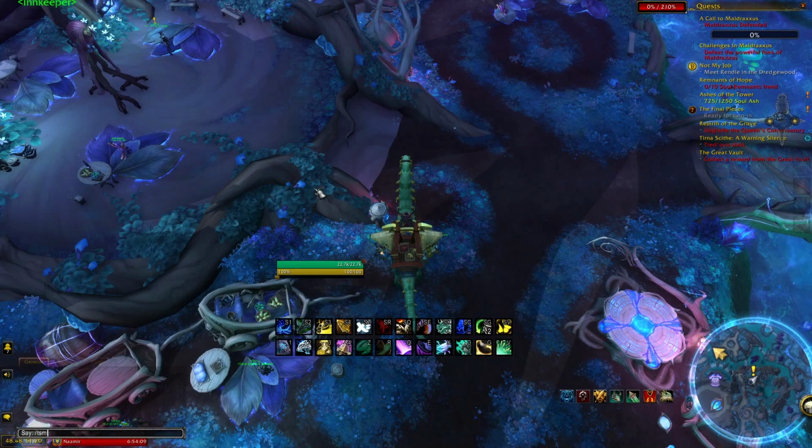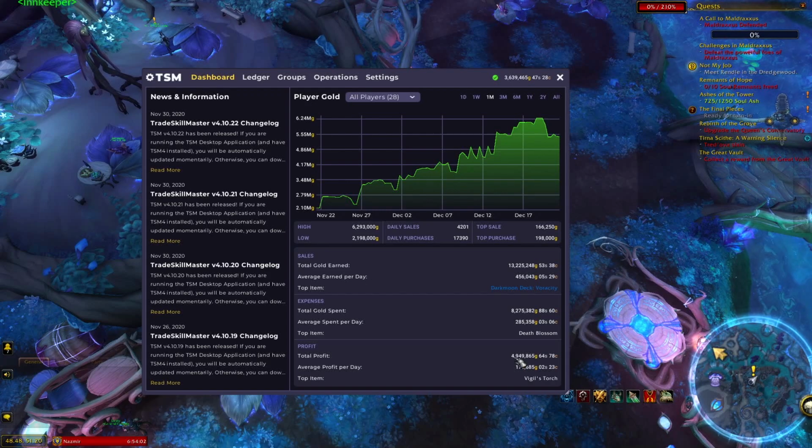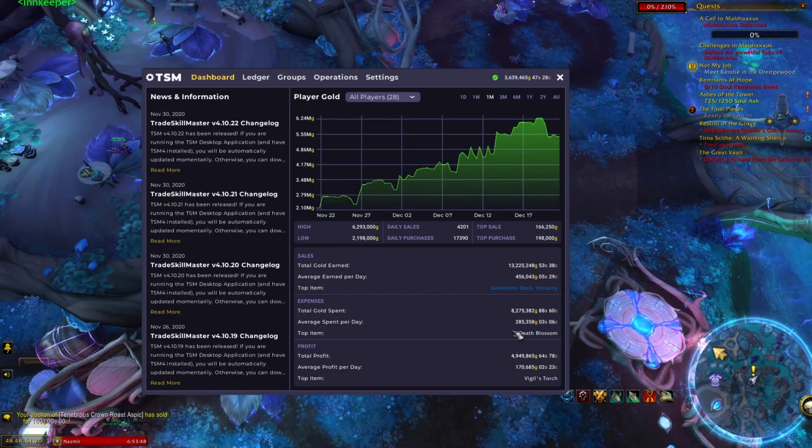So if we look at my TSM data, it says within the past month I've made a little less than 5 million gold. Now, this isn't completely accurate due to TSM messing up sometimes, and as you can see, actually 2 days ago, I bought 5 WoW tokens, so if you want to add on about 600k, then I've made about 5.5 mil within the past month, which is when Shadowlands released. So basically, I just want to walk through exactly how I've made this 5.5 mil, and what's helping me and